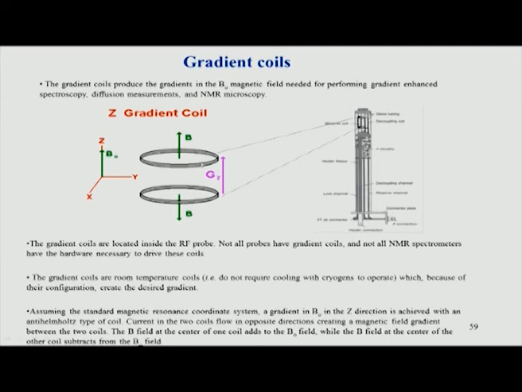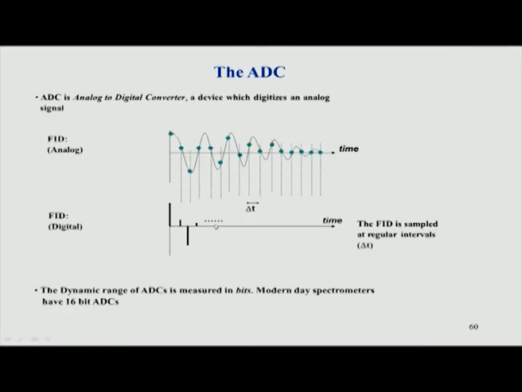This gradient is nothing but a coil on the RF coil. A current is flown in this coil, which generates a magnetic field. This is very similar to the superconducting coil, but it is not a superconducting coil, it is at room temperature, and a small magnetic field is generated along the z axis. We will see the applications of this later.